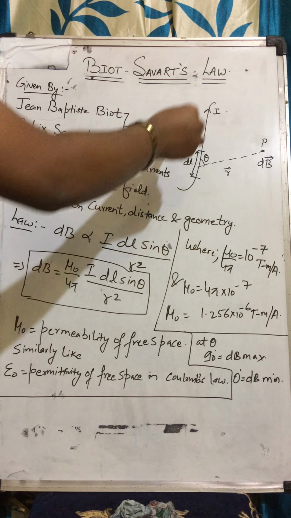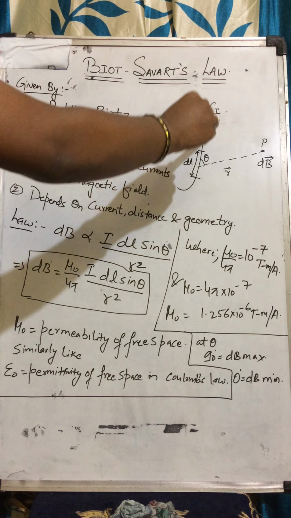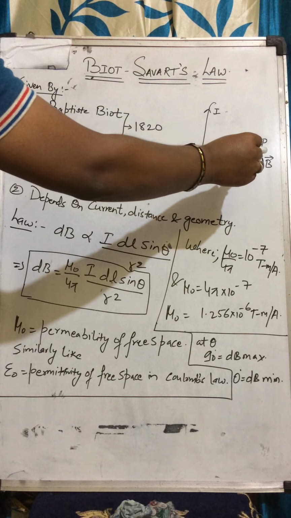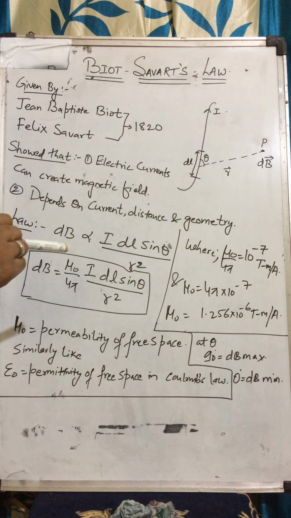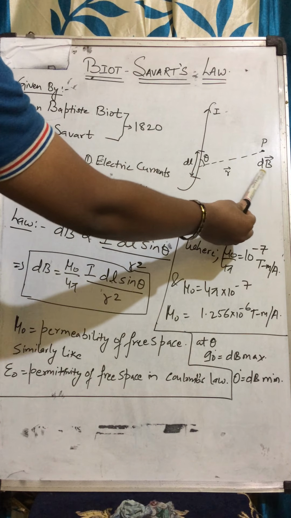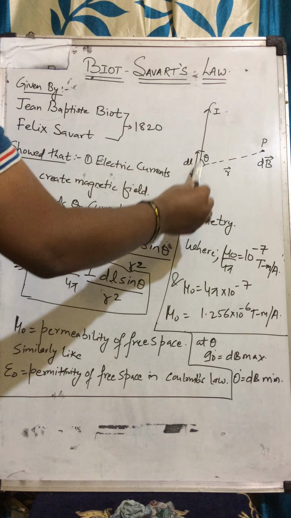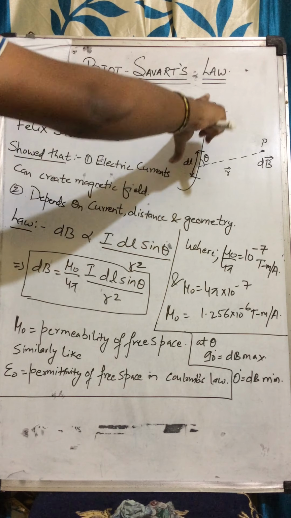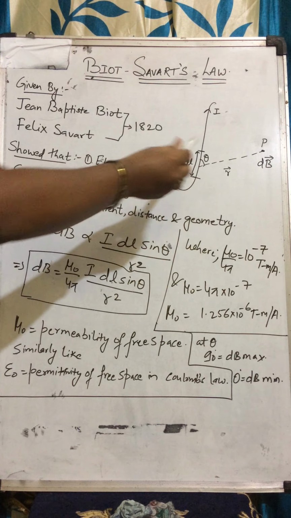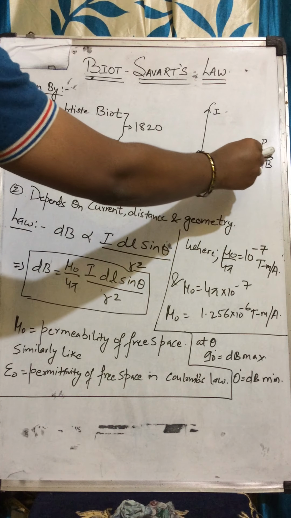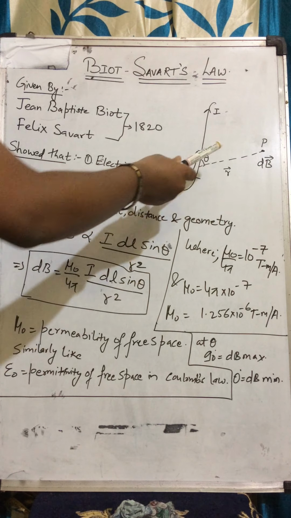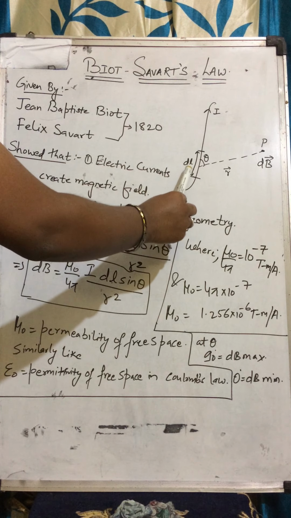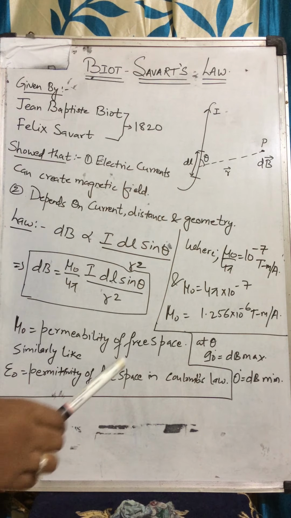See, we have to consider this figure. This is a conductor having length L, which has current I flowing in it. This is a point P where we have to calculate the magnetic field, the small magnetic field dB. This small portion is dl, which is called the length element of this total conductor L. This R is the position vector of point P where we have to calculate the magnetic field, and this theta is the angle between this length element dl and this position vector R.